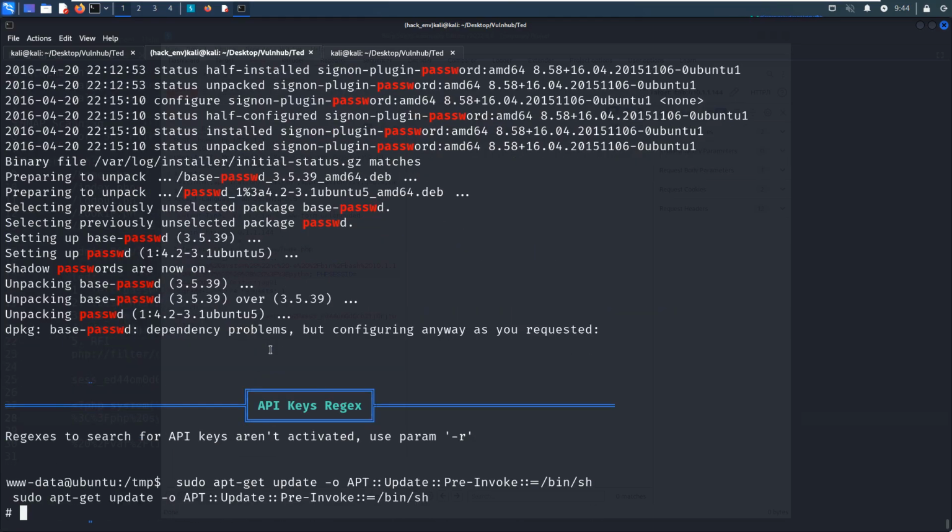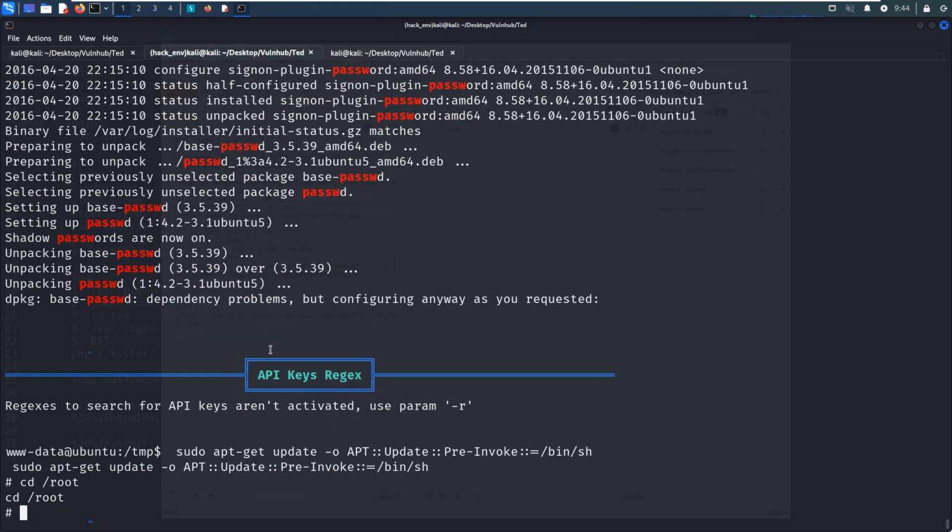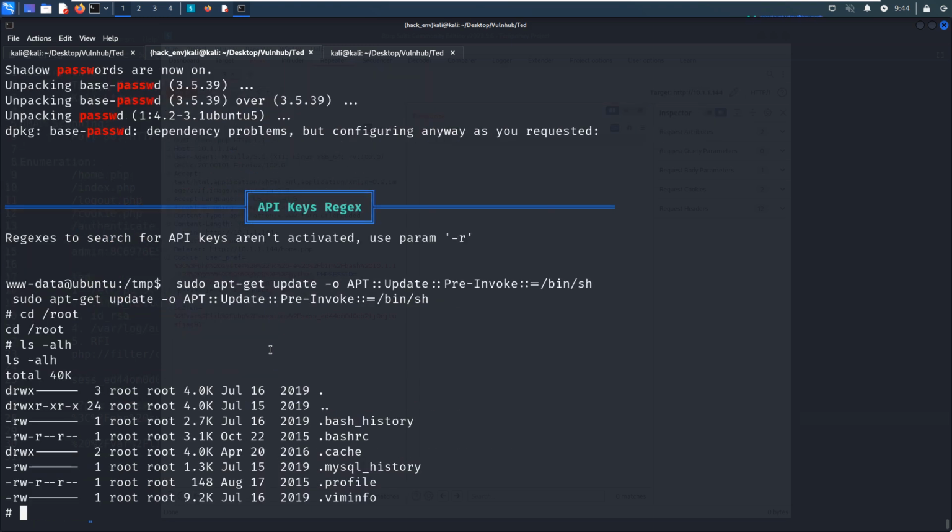As you can see, we have already become the root user or superuser. Then we can navigate to the root directory. And because it's not necessary to grab the flag here for this machine.